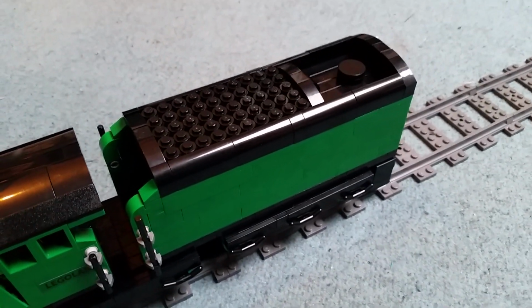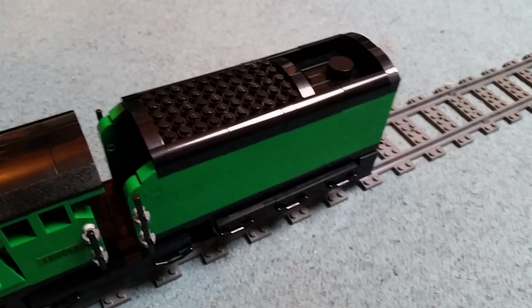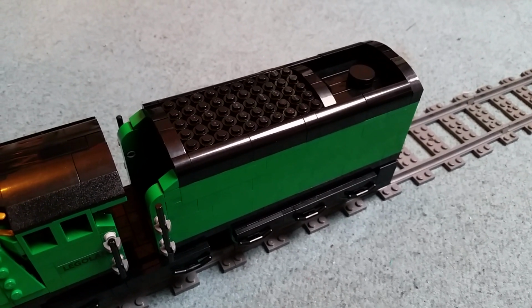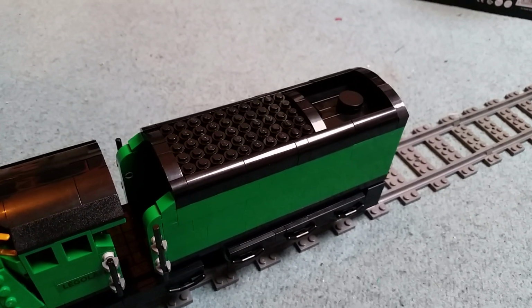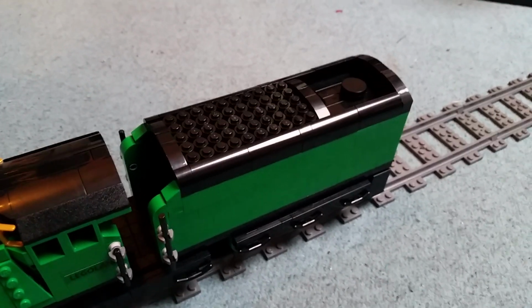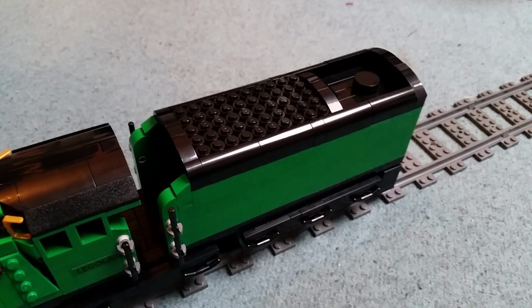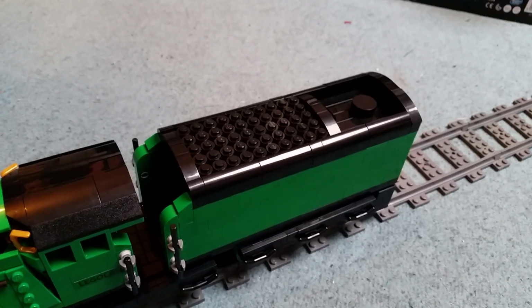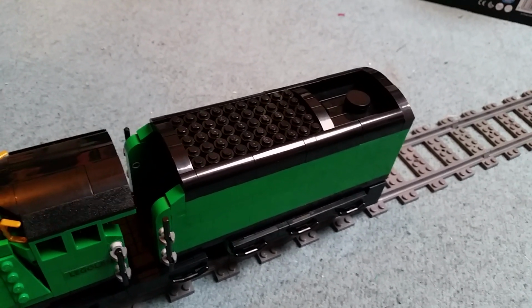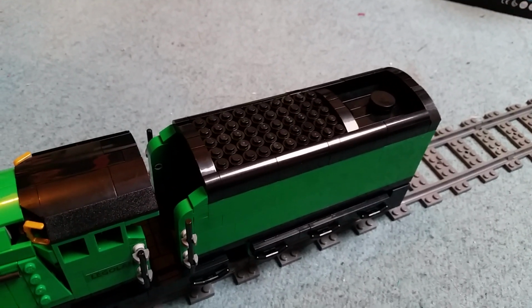The tender is an interesting tender. It's, again, kind of similar to how it was previously, but because it's 7 wide, more details have been added, and I learned a thing or two. Well, yeah, I say I learned a thing or two. I actually have a Hornby 00 gauge model of the P2. So instead of looking at pictures online as references, I actually had the professional model next to me and went